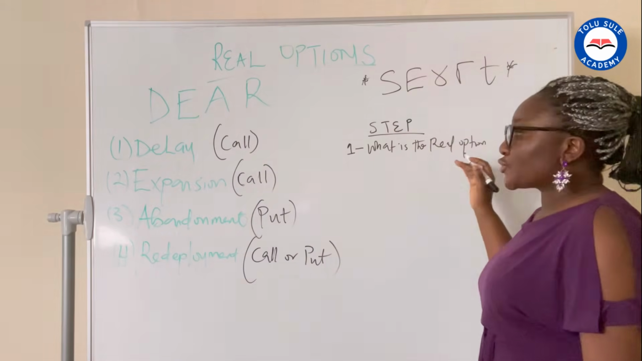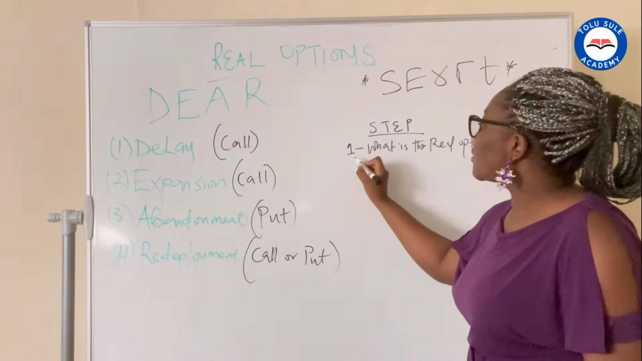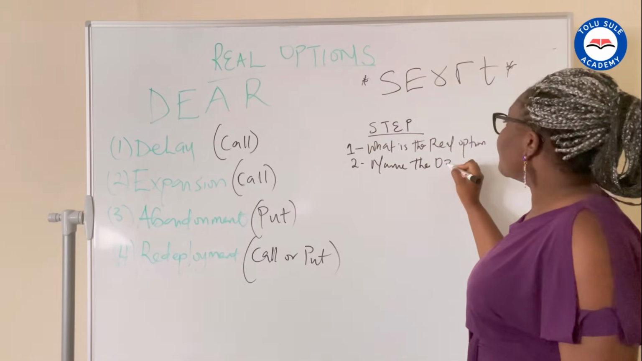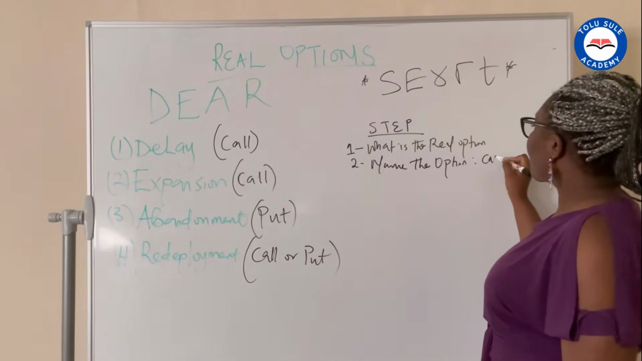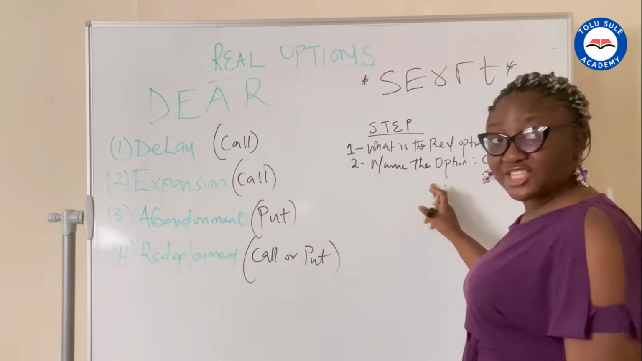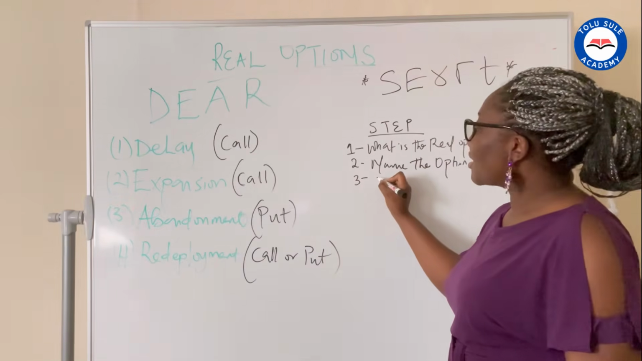So after you know the real option, okay, this is an expansion, then you name the option. Is it a call or a put? So after you identify the real option, you name it. Is it a call or a put? Then number 3,